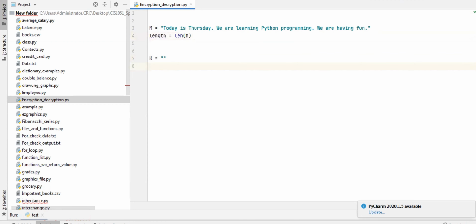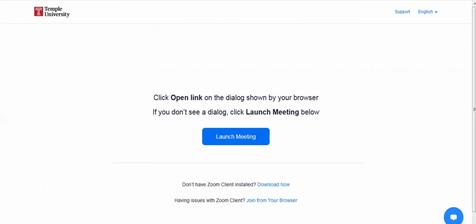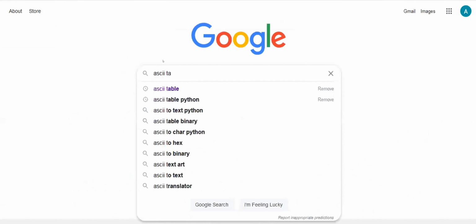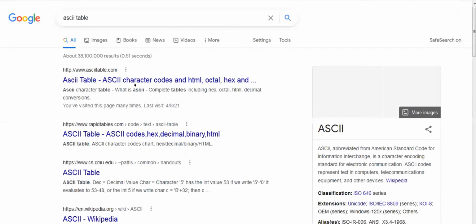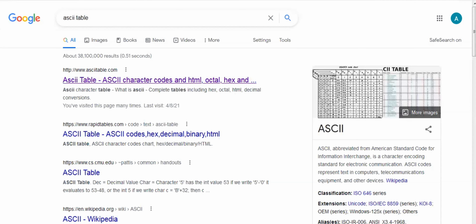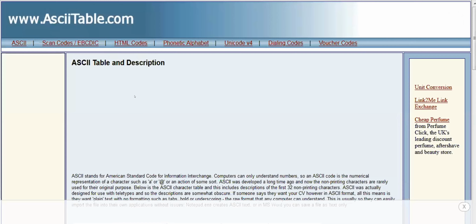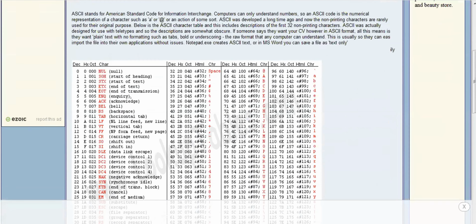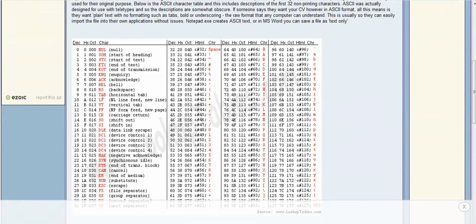All right. While generating the random characters, I first need to check the ASCII table. So what is an ASCII table? This ASCII table records the different characters.